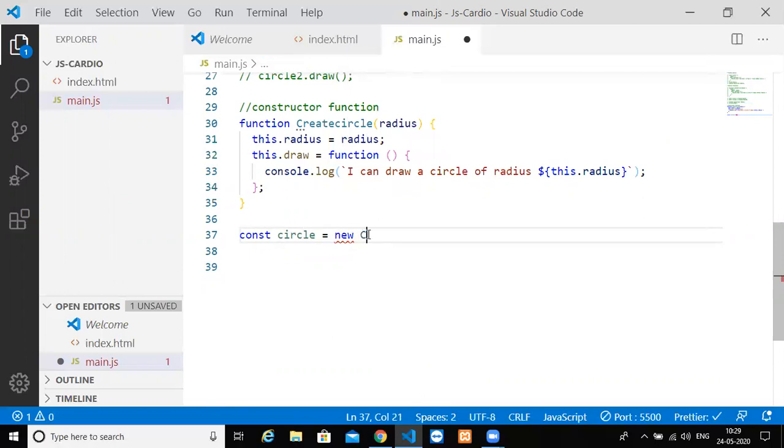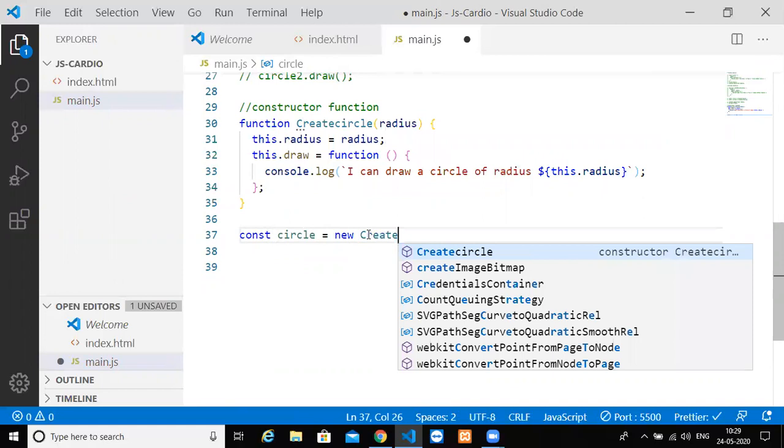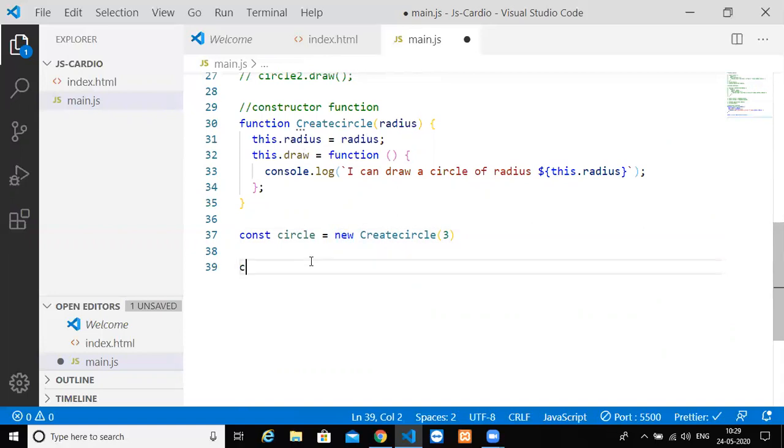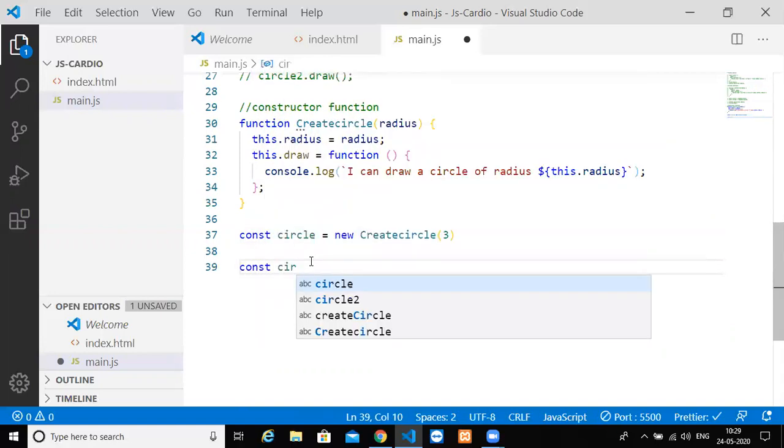So I can write new CreateCircle and pass the radius as 3. This creates a new object using the new keyword with this constructor function. The new keyword will create a new empty object for me, like const circle is equal to an empty object.